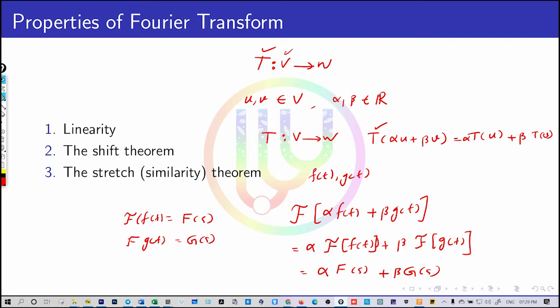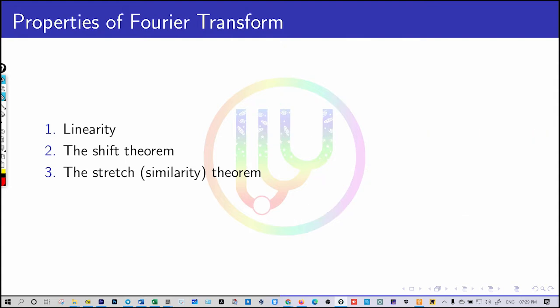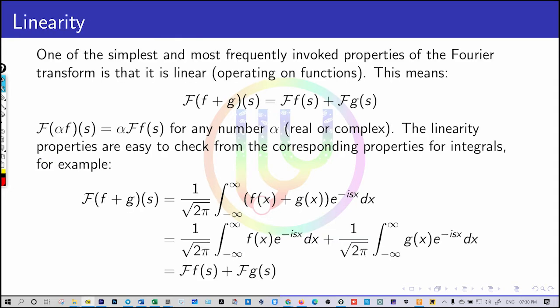Okay, അതാണ് linearity എന്ന് പറയുന്നത്. ഇത് സാറ്റിസ്ഫൈ ചെയ്യുന്ന ഫങ്ഷൻസിനെ ട്രാൻസ്ഫോർമേഷൻസിനെ നമ്മൾ linear transformations എന്ന് വിളിക്കും. And Fourier transform is one of the famous linear transformations. Okay, ഒരു വളരെ ഇമ്പോർട്ടൻ്റ് ആയിട്ടുള്ള linear transformation ആണ് Fourier transform. Okay, so I have given the proof here why a Fourier transform is